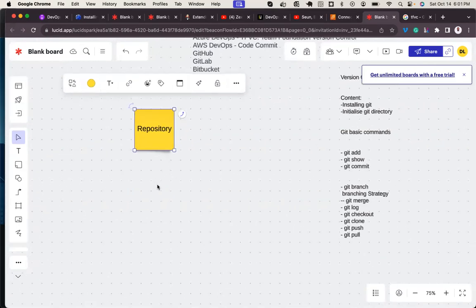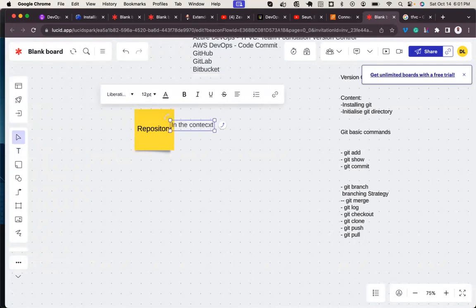Okay, so now in the context of Git, or in the context of version control, the place where our source code is stored is known as repository.